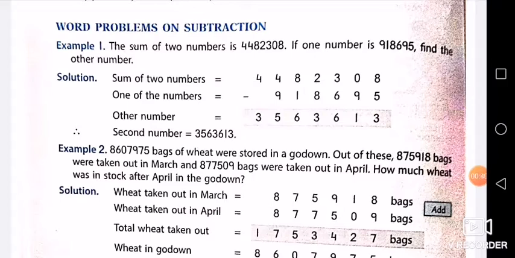So, as in addition, I've told you some of the keywords like total, in all, together. If these kinds of words are there, then you are supposed to do addition. Similarly, yesterday I told you when we have how much is left, how much is remaining, how much more, how many less than, or increase in anything, then we are supposed to do subtraction. That I have told you yesterday.